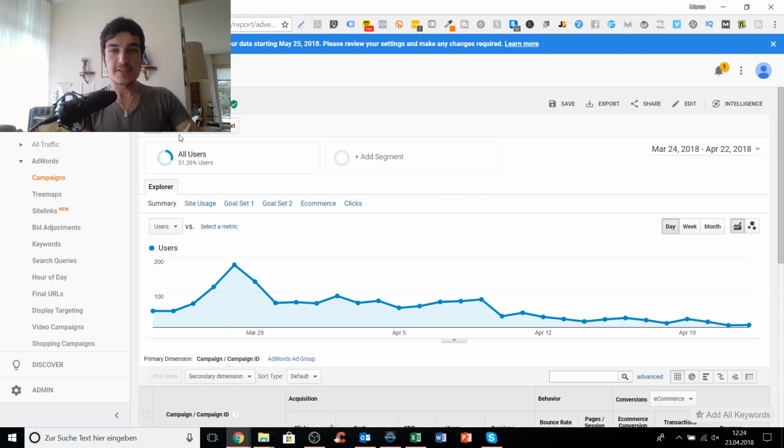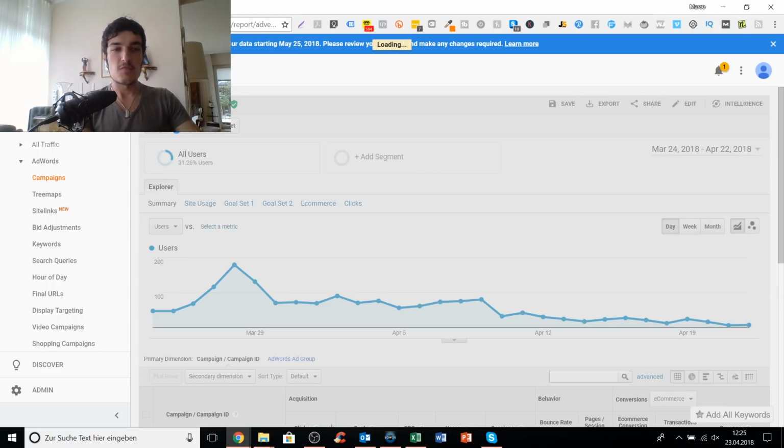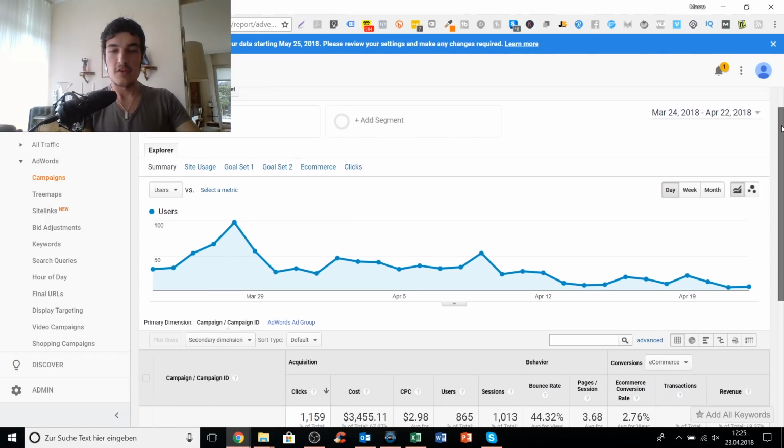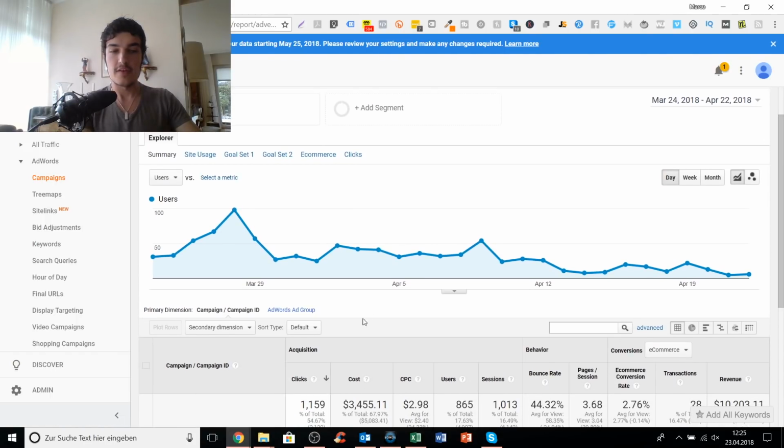So the interesting thing begins now when I click on desktop. And I don't show you the whole campaign because then I would have to censor all kinds of things. So I just show the relevant row, which is the first one here. If we look at desktop, the metrics suddenly drastically increase. We suddenly have 3.68 pages per session. We have a much higher conversion rate. We have a much higher CPC as well, unfortunately, $3